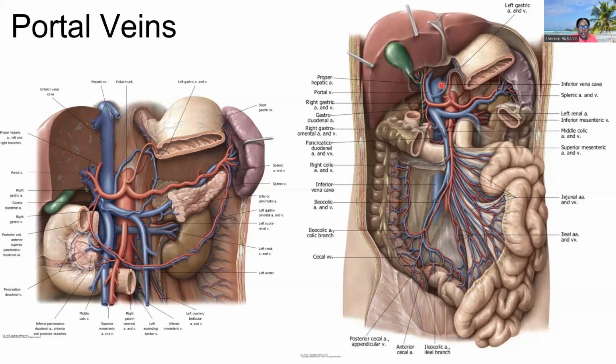And if you think about these three structures, so the common bile duct, the common hepatic artery, and the portal vein, these three structures are typically grouped together and referred to as the portal triad. These three important portal structures that are crossing there and making their way into the liver will commonly be referred